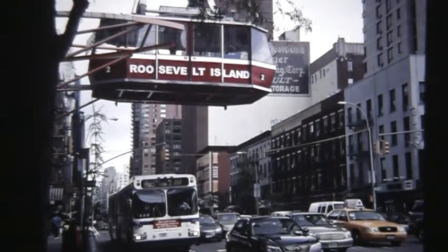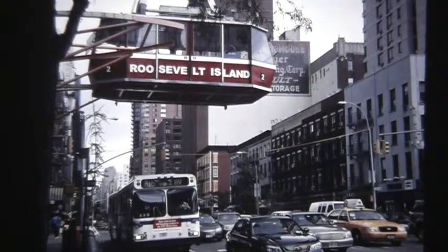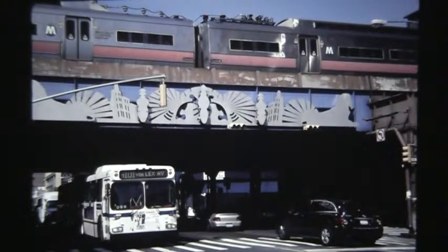August 19th, 06. Another form of transportation in New York. The original Roosevelt Island tramway cars, plus one of the original batch of articulateds. This is at 2nd Avenue and 60th Street. That's New Flyer articulated number 1047. Next. October 4th, 09. Another original